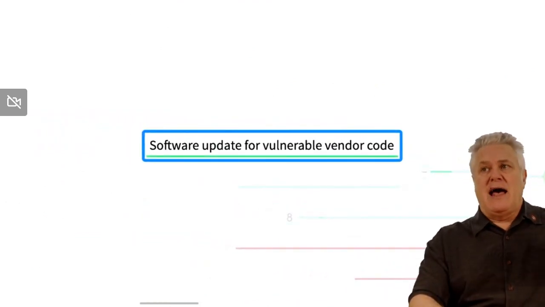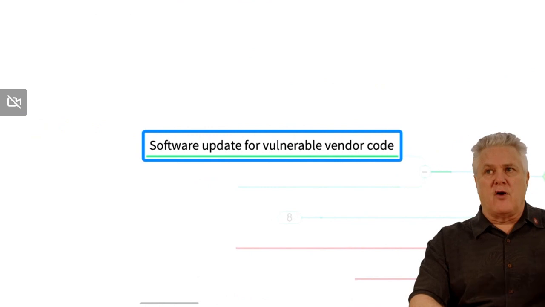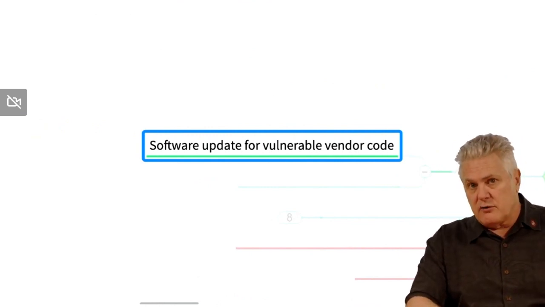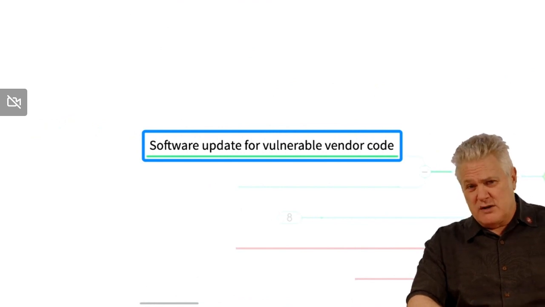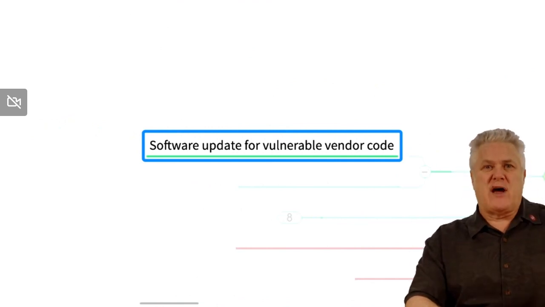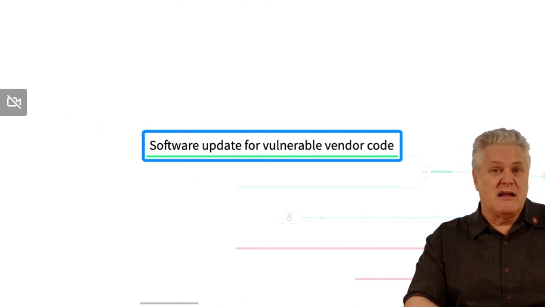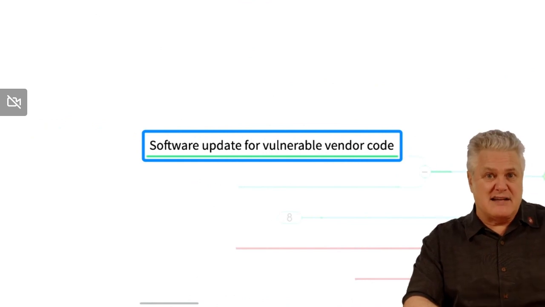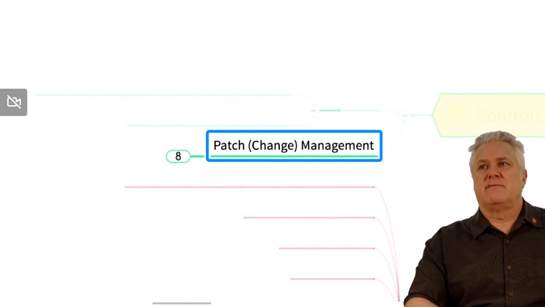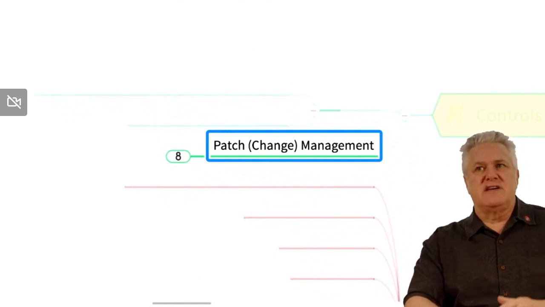When we look at the patching, we're talking about software updates for vulnerabilities in vendor code. Who wrote the vendor code? Was it you, or was it somebody that you bought from? Was it Oracle's WebLogic? Was it WordPress, or was it a plugin from a vendor that supplies that to WordPress? This could have a whole bunch of different names out there. You generally have to know for the exam